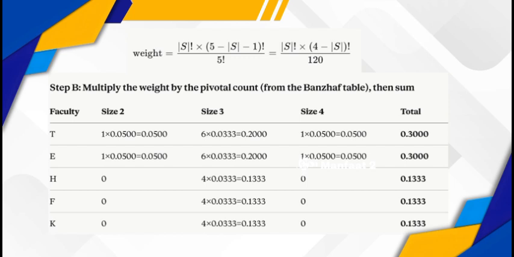Engineering and economics end up with 0.30 each, and law, social science, and medicine each end up with 0.1333.